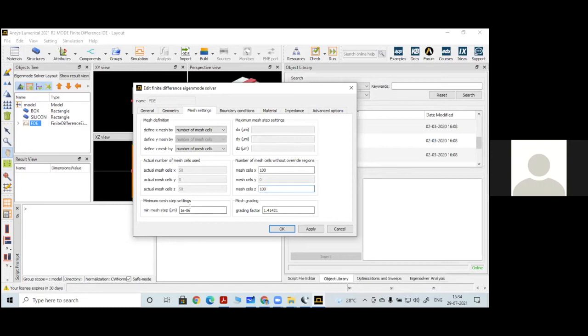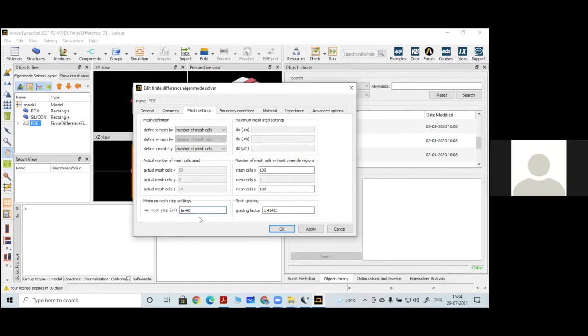And this minimum step size we can also define. What minimum step size do we want for this particular meshing? By default it will be 1 micron, so that means each cell. And the grading factor is 1.41421. If we give a smaller value for this minimum mesh step, it takes more time for the simulation. If you want to get quick results for a complex structure or any large-dimension optical component, it is better to give a larger value for the minimum mesh step.